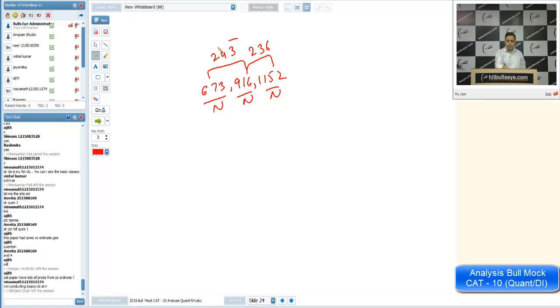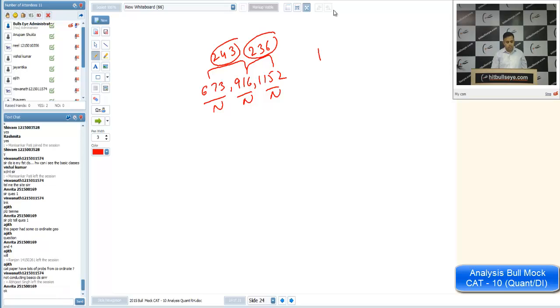Now if I find the HCF of these two numbers, it will be 1. That means the maximum candies that I can take for myself is 1, but the question says that the candies should be more than 20. That means the first choice has been rejected. On the same lines, you can check the other choices too. Okay, Amrita, did you get it or not? Question number 4 is a little bit lengthy.